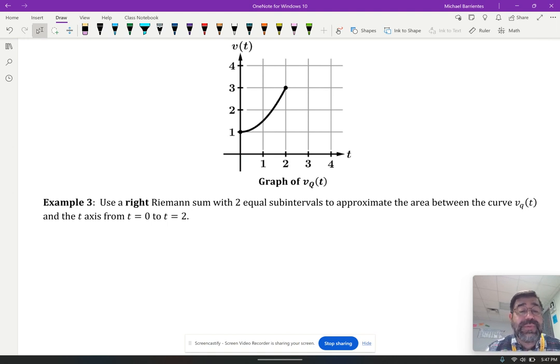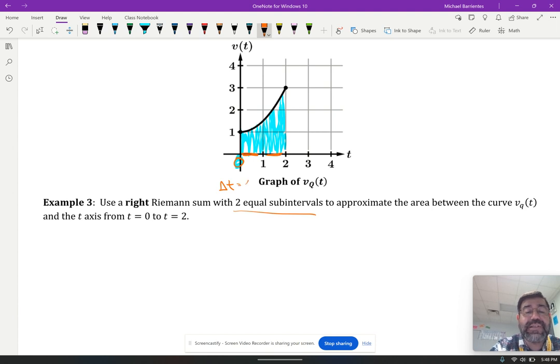Can we use a right Riemann sum with two equal subintervals to approximate the area between the curve V(t) and the t-axis from 0 to 2? Again, this is something that's pretty familiar, I think. We're looking for this area under the curve, but we want to break it up into two subintervals. So the first subinterval will be from 0 to 1, and then the next subinterval will be from 1 to 2. That makes our width, which I'm going to denote with the symbol delta t,